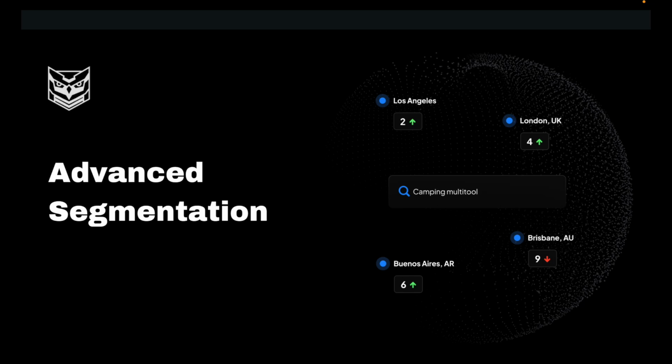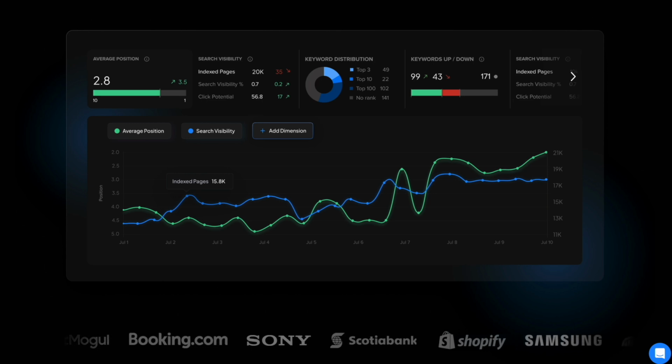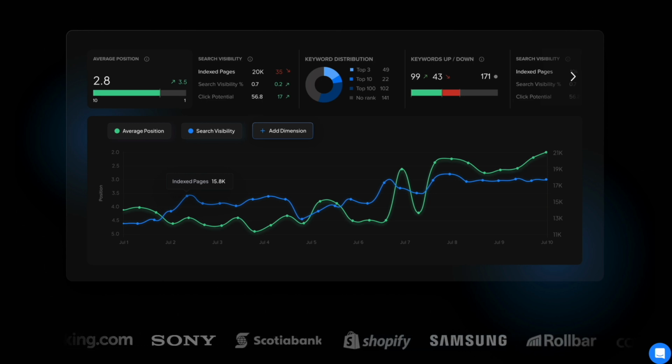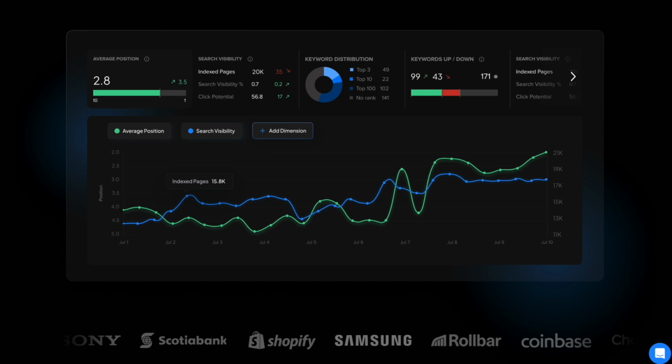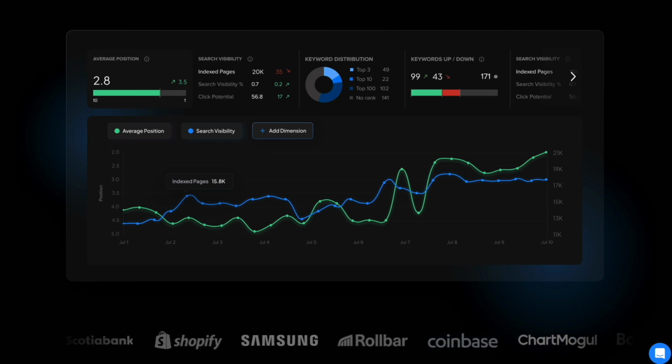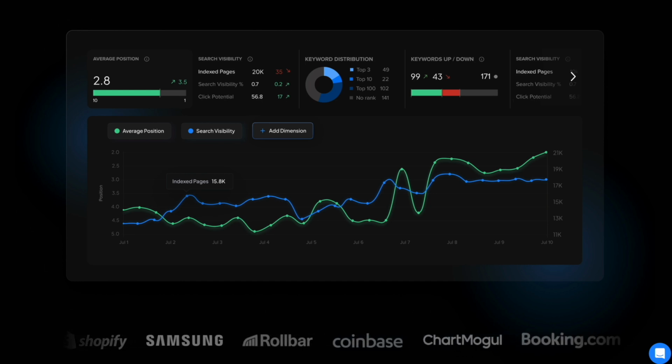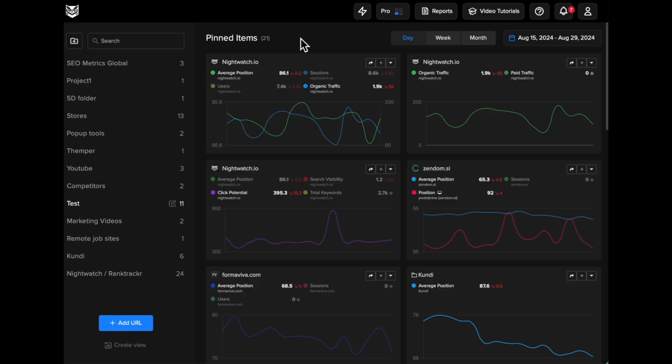Welcome to our advanced tutorial on Nightwatch segmentation. Today, we'll explore how to dive deep into your crucial keyword metrics to gain a comprehensive perspective on your rankings, website performance, and the latest search engine trends. By mastering segmentation, you'll be equipped to precisely identify the keyword segments that require your attention, leading to improved visibility